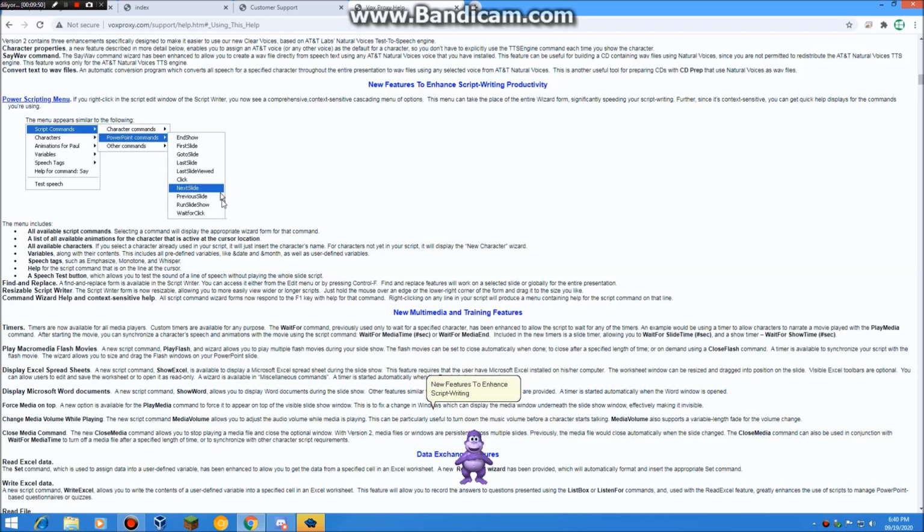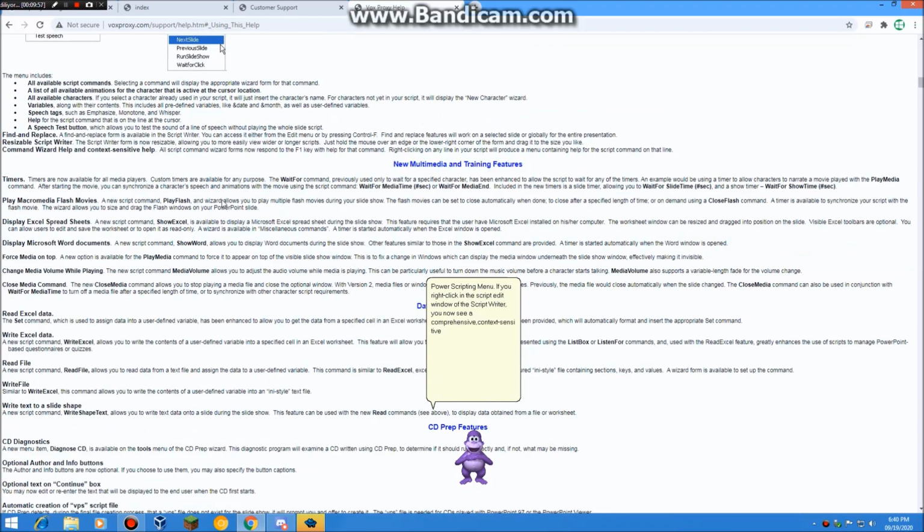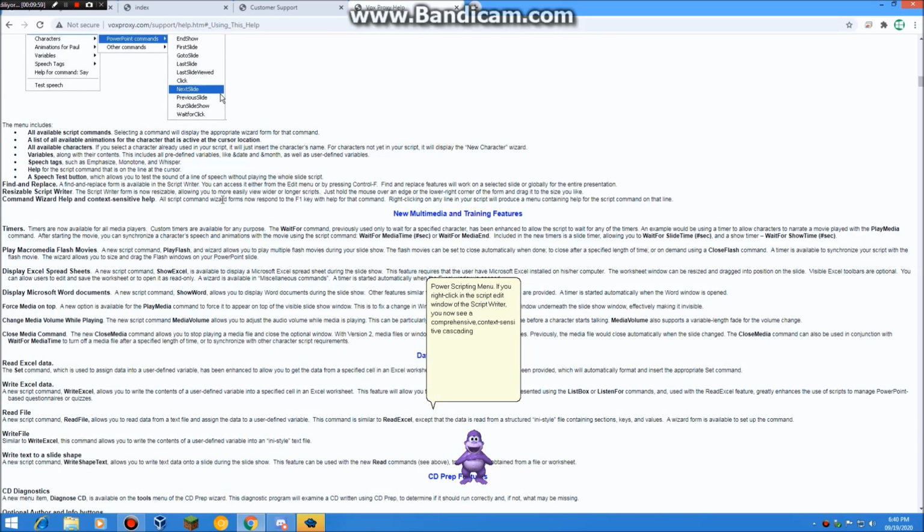New features to enhance script writing productivity. Power scripting menu. If you right-click in the script edit window in the Script Writer, you now see a comprehensive, context-sensitive